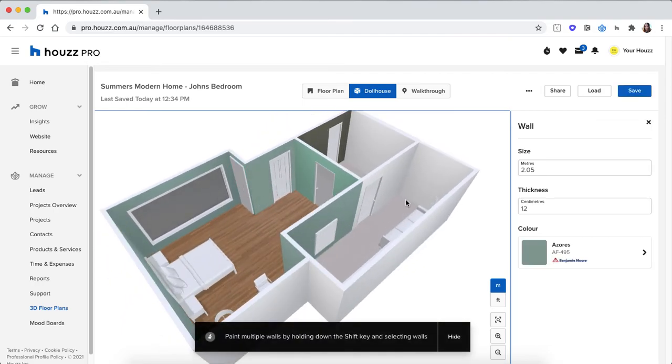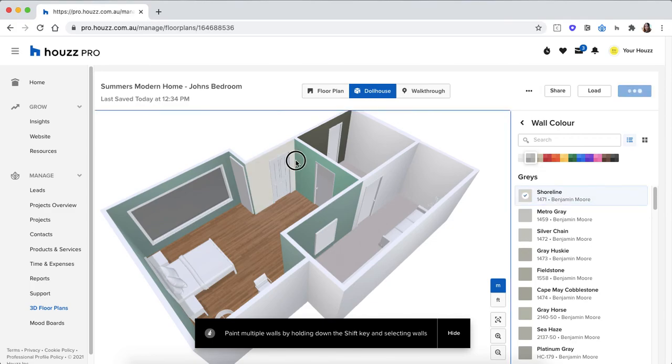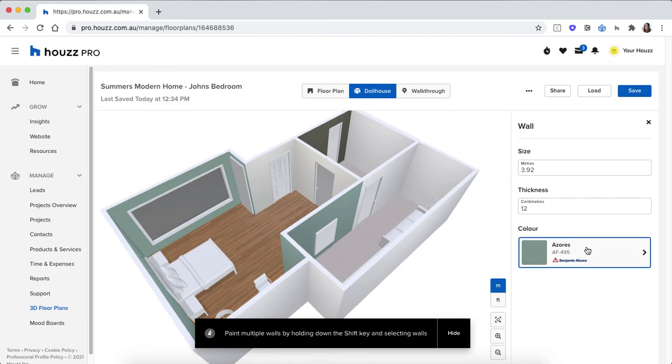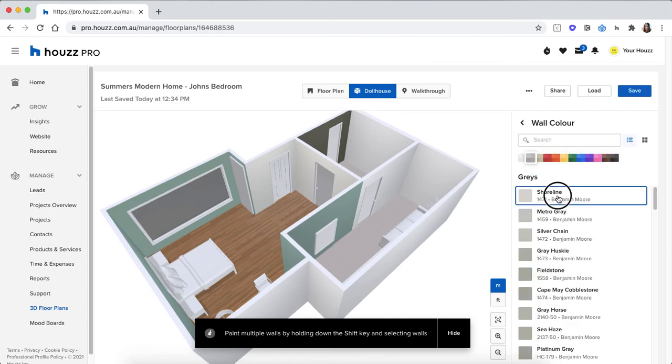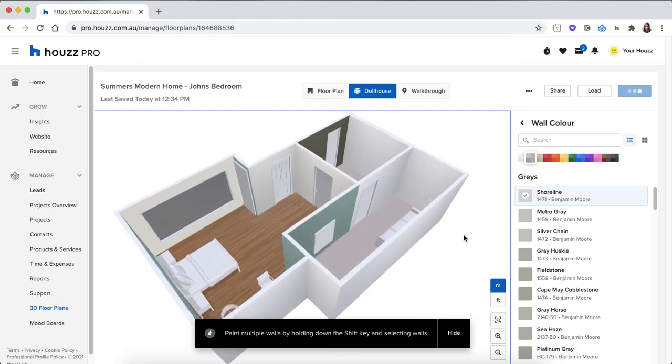If I want, I can click on walls and actually add in a wall color. So maybe I want to make it a soft gray. I can come in and add that as well. So at this stage, it's all about customizing, making sure the client gets that vision that you're creating for them,